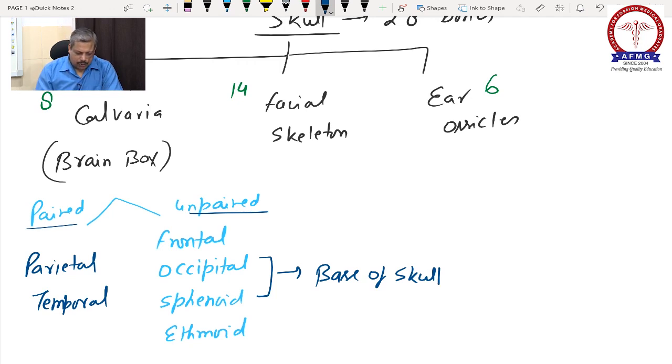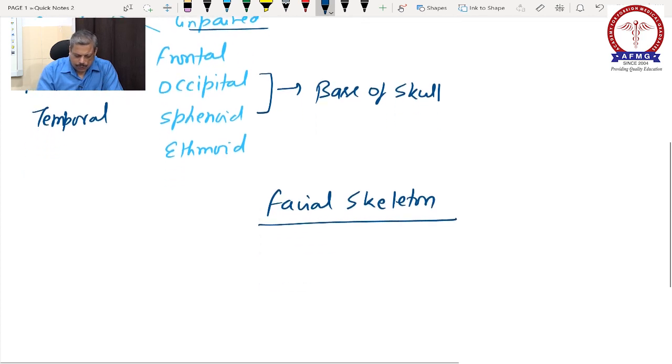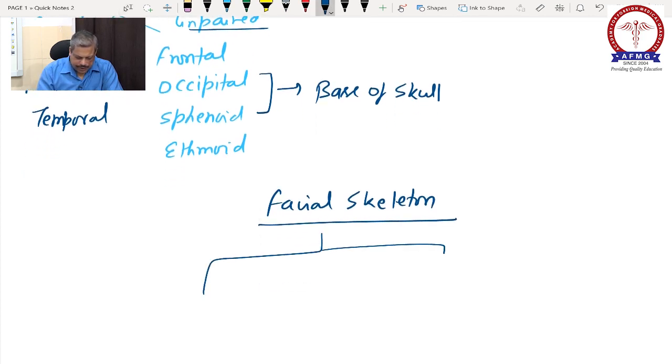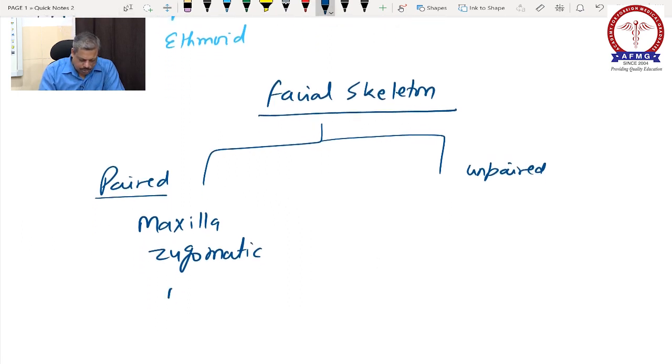Now next we will talk about the facial skeleton. Made up of 14 bones. Again we can divide it into 2 parts, the paired bones and unpaired bones. So what are the paired bone in the face? These are the maxilla bone, zygomatic bone, nasal bone,